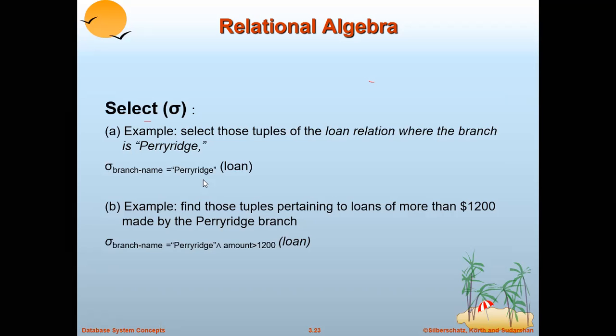Similarly, one more example: find those tuples pertaining to loans of more than $1,200 made by the Perryridge branch.